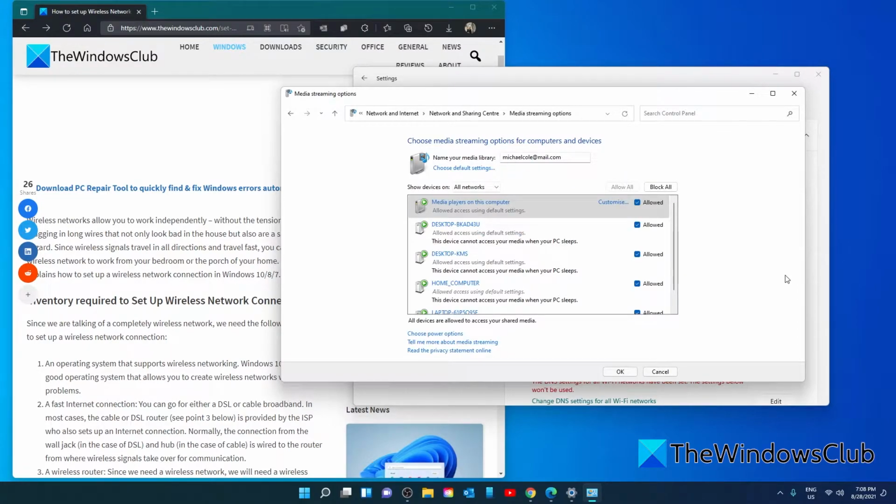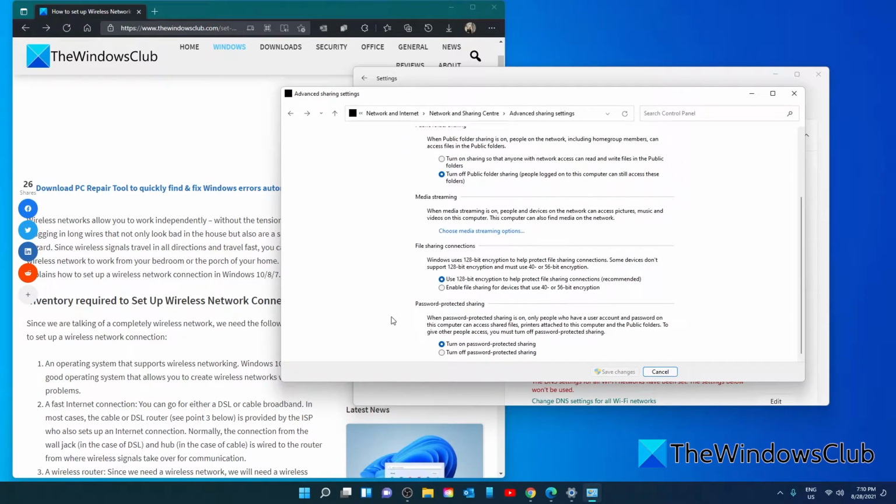You can now see all of the networks for all networks and your local network. Here you can give permission to share media library items with other computers on the network. Make sure that the Allowed button is checked for the devices you want to share with. Then simply click OK. Leave the 128-bit connection encryption on.